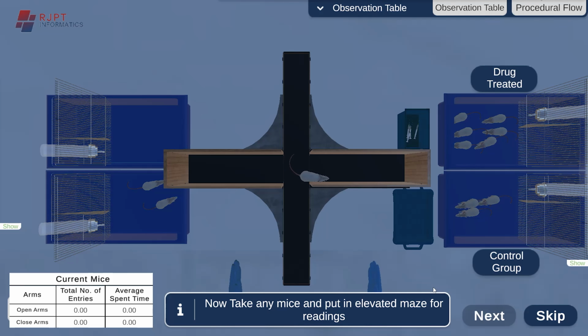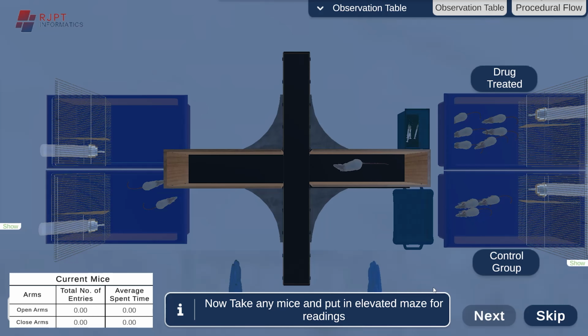As we can see here, when we place the mice facing the open arm, it does not move towards the open arm because it creates an anxiety level in the mice, and because of the height also. So it moves towards the enclosed arm, and it also feels like a dark place. As we can see the movement of the mice in the enclosed arms,